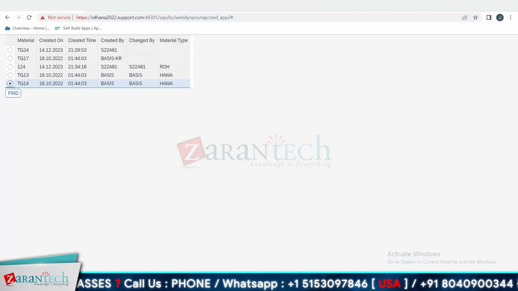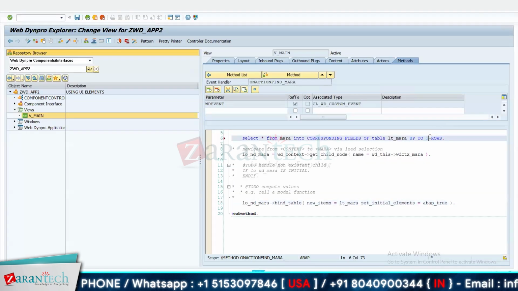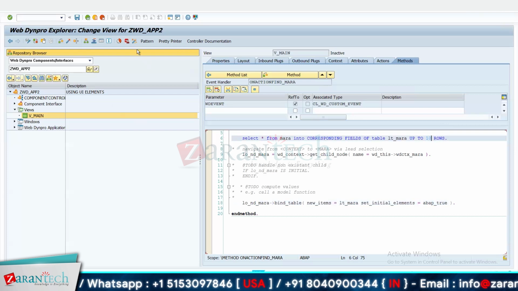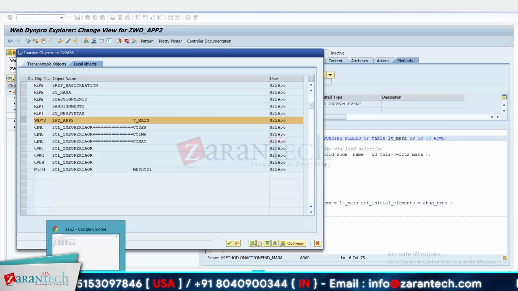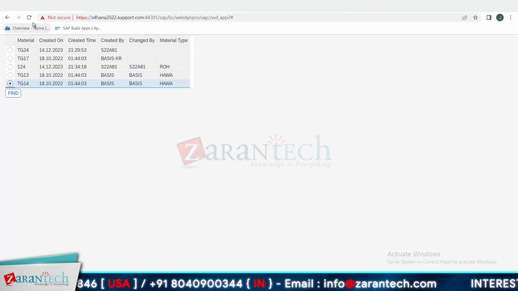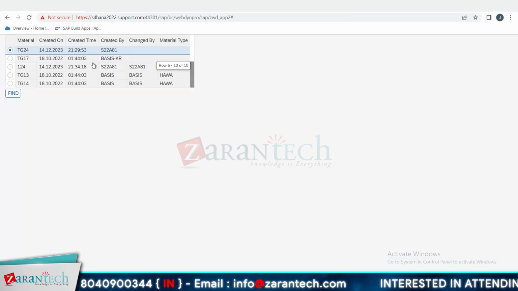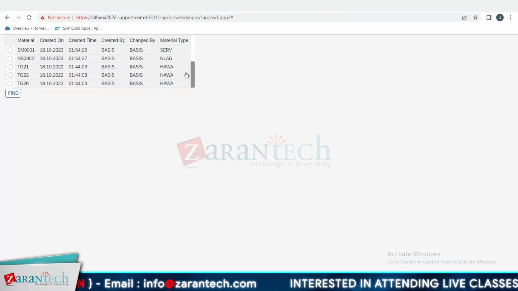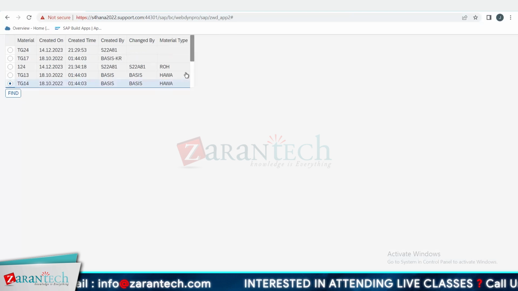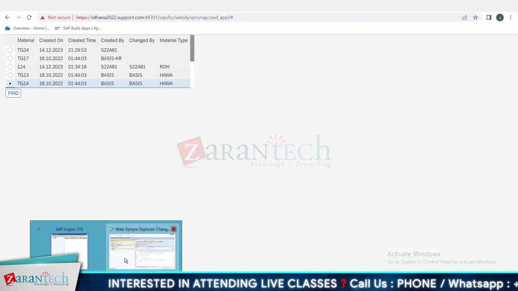And I can also get up to 10 rows. Let's activate our application and refresh it. As soon as we click on the find button, see, 10 records are appearing here. Earlier we were able to see 5 records. So we can show as many data in a table as required per our requirement. So let's go back to our